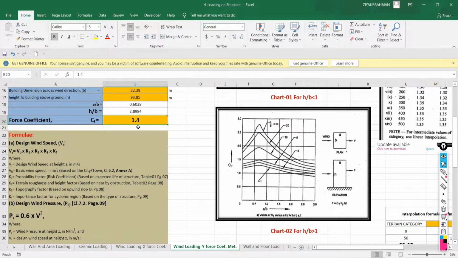If you want to take some lower value, you can take 1.35 also, or 1.3 you can take, because it is an approximation. And if you are taking a higher value, you will be on the safer side.